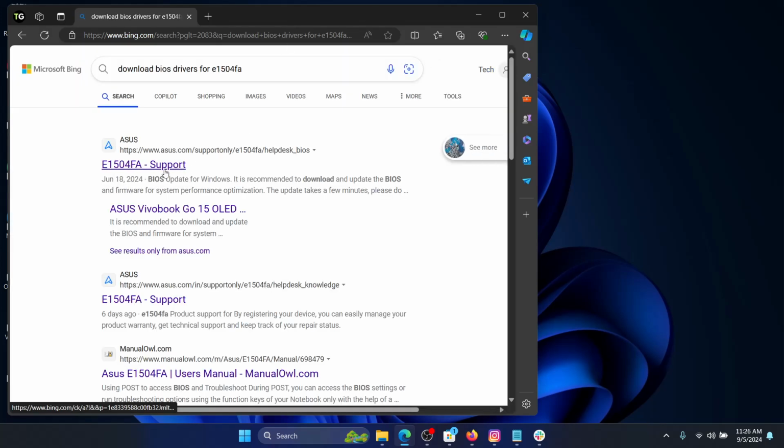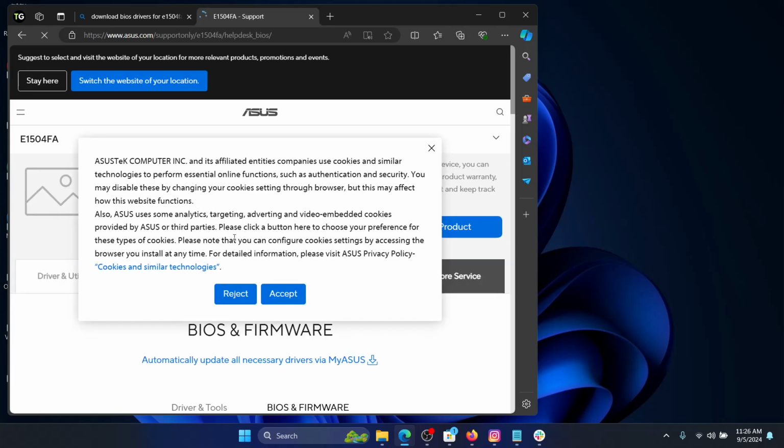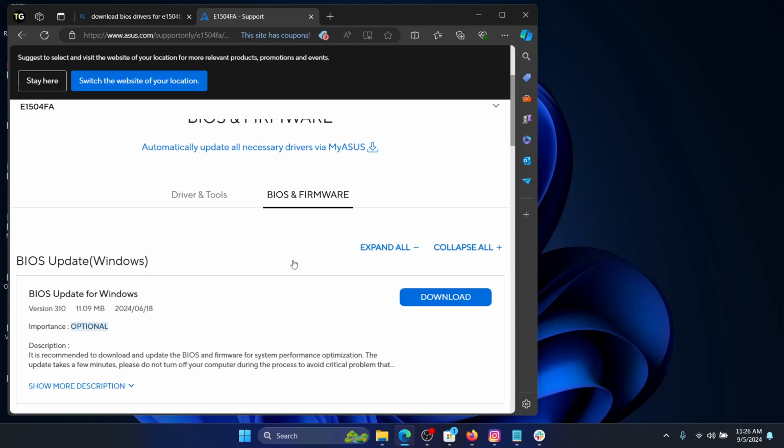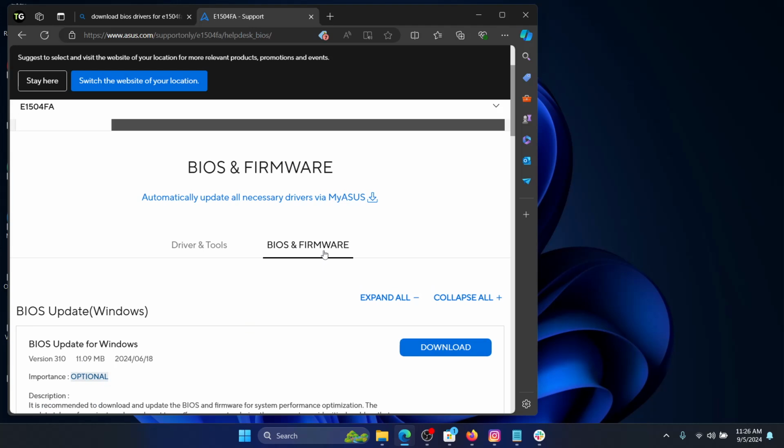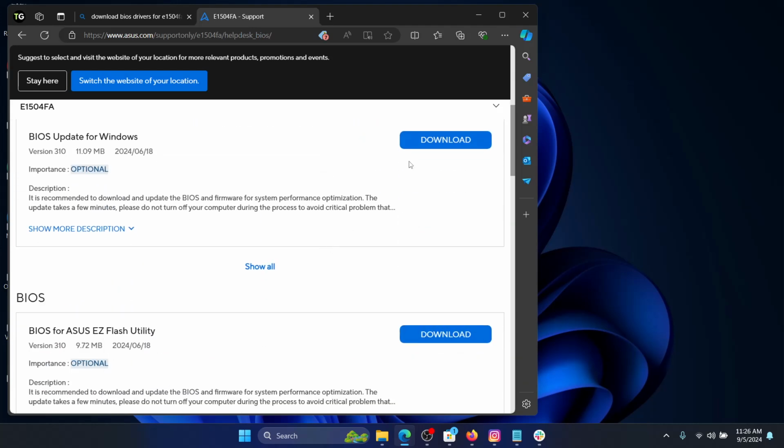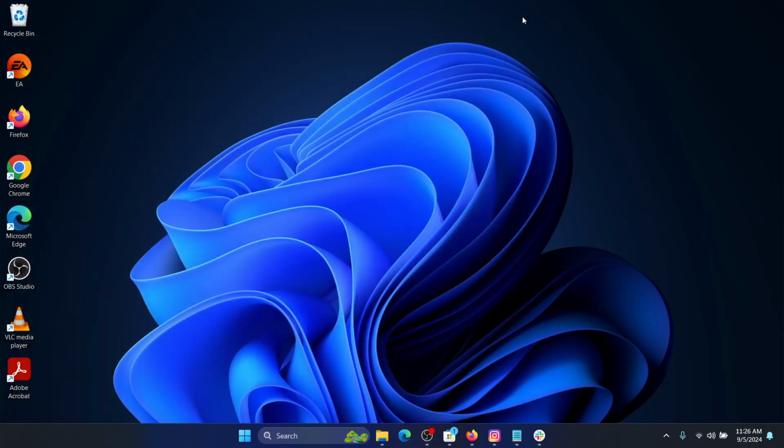Now I will click on this link and it will show me BIOS and firmware. I will click on BIOS and firmware and then I will download BIOS update for Windows, and then I will install it on a USB, and I will flash my computer, which is showing the error, internal power error, blue screen of death, and this should fix the